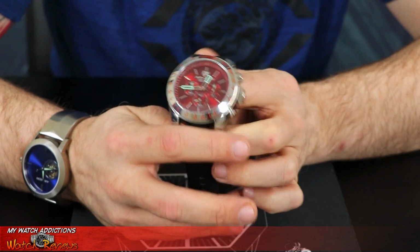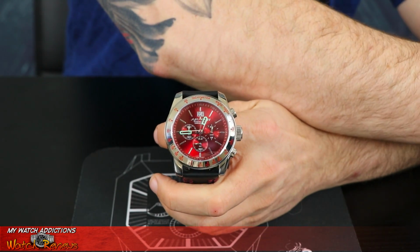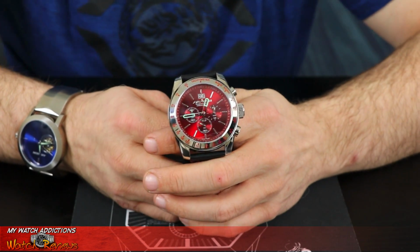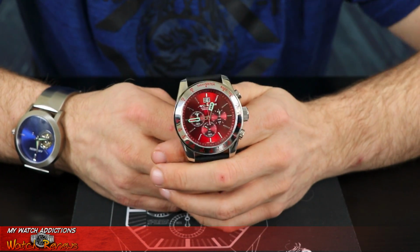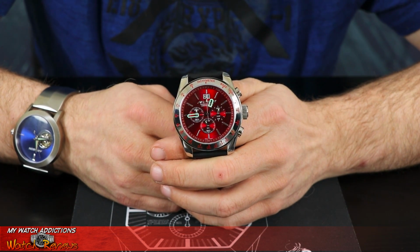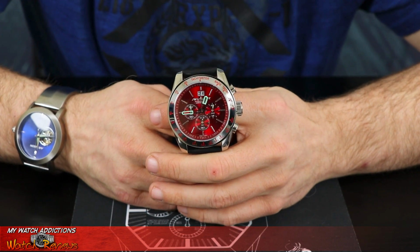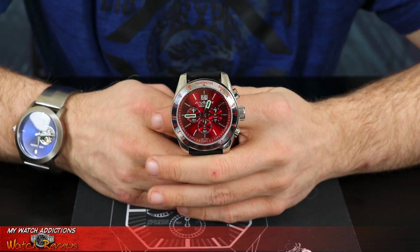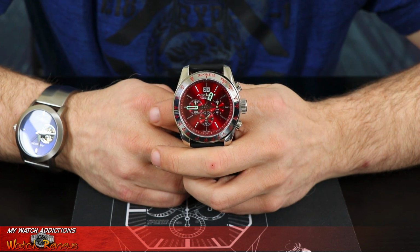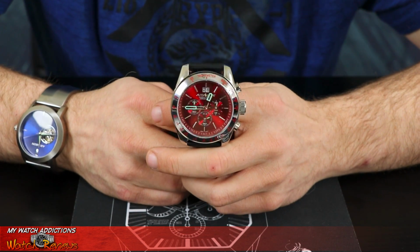Now, if we want to talk about the cost and the price of this watch, right now on Aragon's website, the MSRP on this watch is $300. Currently, as of today, they have it on sale for $188, but you guys know me, that's not what I paid. I was actually able to pick up this watch on sale with a coupon code a few weeks back, probably 2-3 weeks back. Actually, I think it was one of the first or second days it was released. I was able to actually pick up this watch for